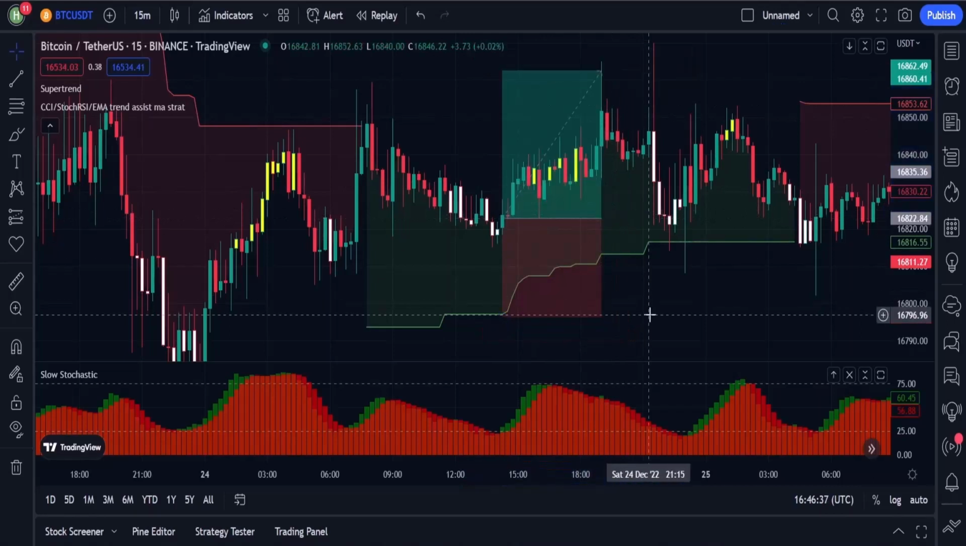Now before we go through more examples of buy trade, let's first go through the rules for entering a sell